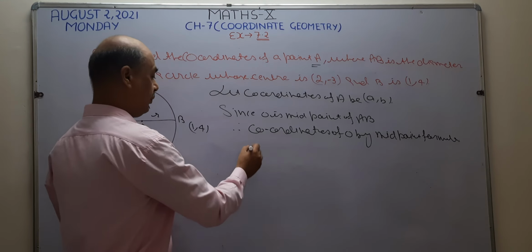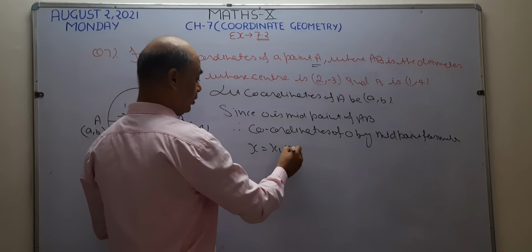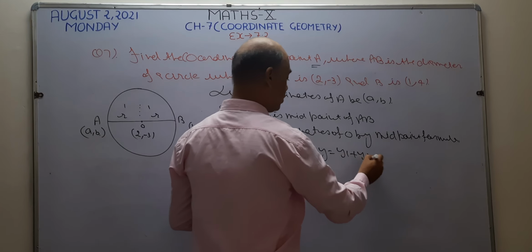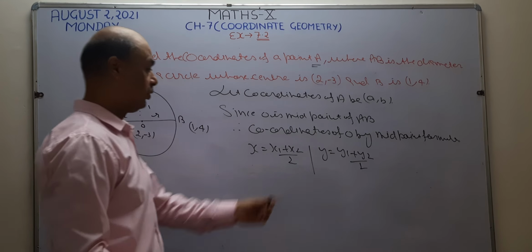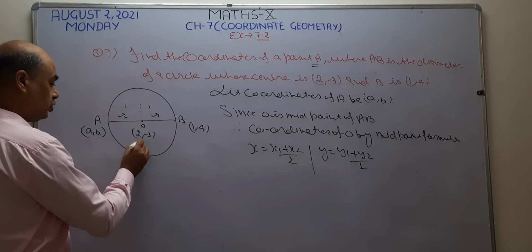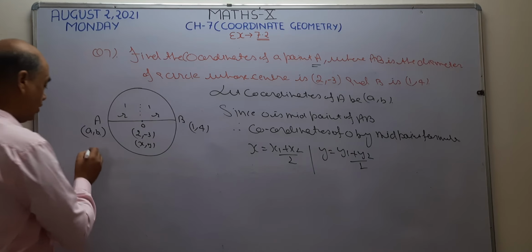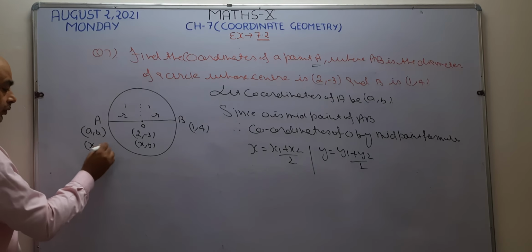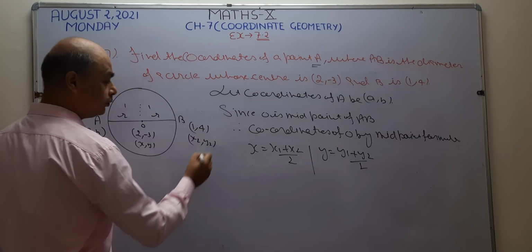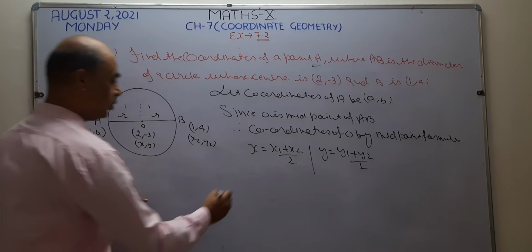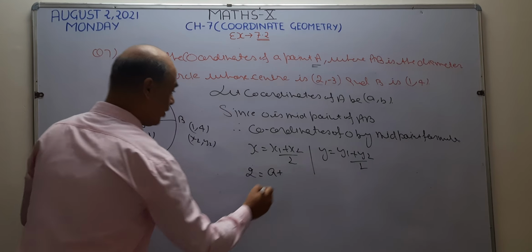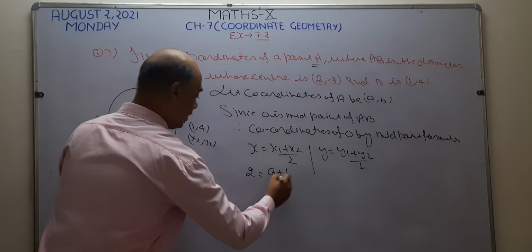As you know, what is the midpoint formula? x equals x1 plus x2 by 2, y equals y1 plus y2 by 2. This is known as the midpoint formula. Now the value of x is given. This is your x and y, this is your x1, y1, and the second point is x2, y2. Now the value of x is 2. Right here 2. x1 becomes a. What is the value of x2? 1. Right here, 1 upon 2.